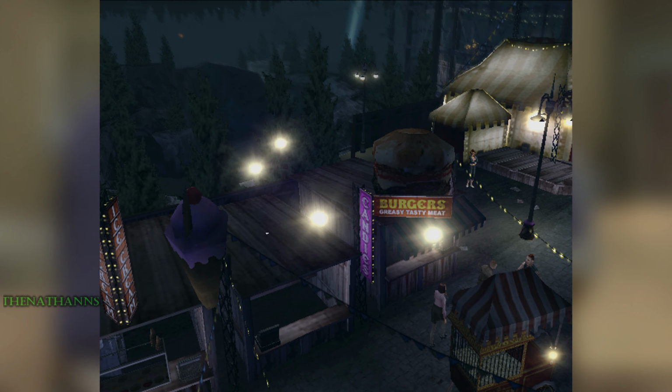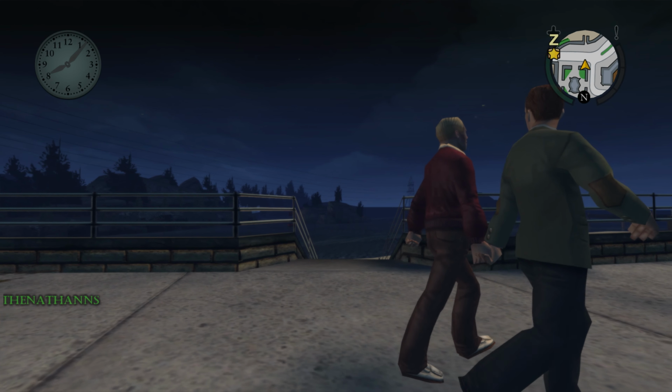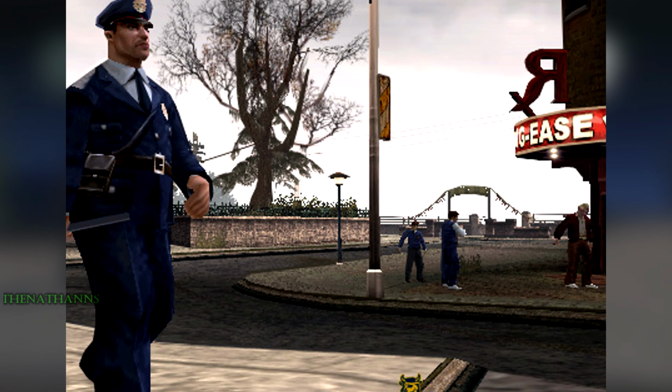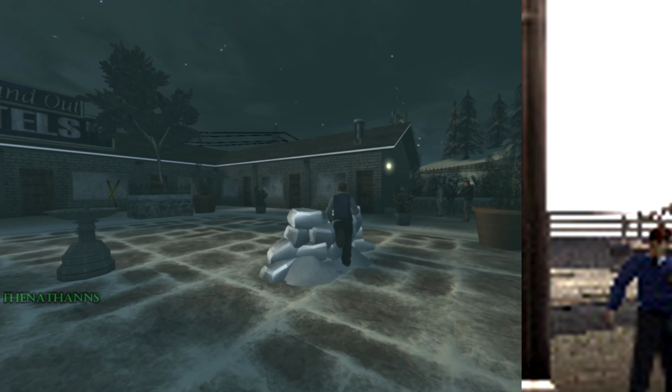Speaking of deleted props, near the gazebo, you might see some stairs that lead down to the Bullworth Vale beach. Originally there was going to be an arch over here. Nothing else to it. But speaking of more unused props, there's an unused snow barricade that can be seen in Bullworth Town